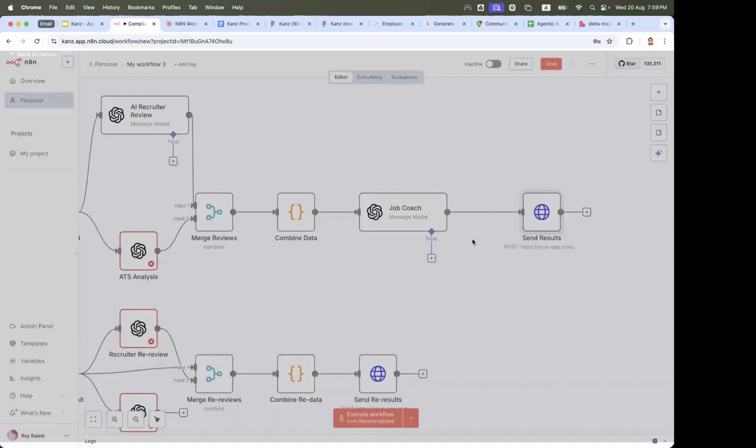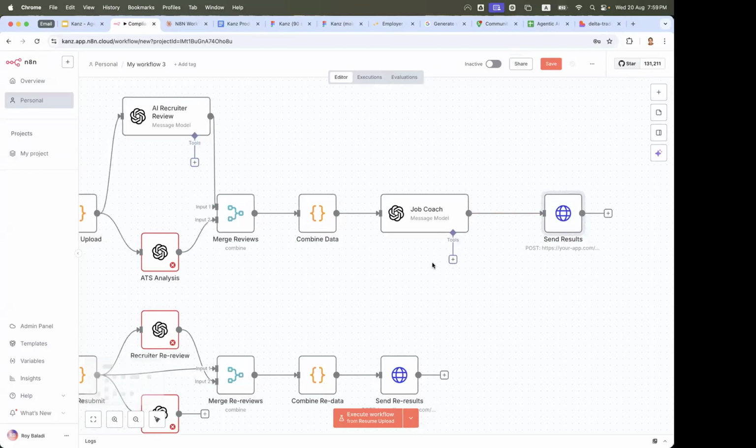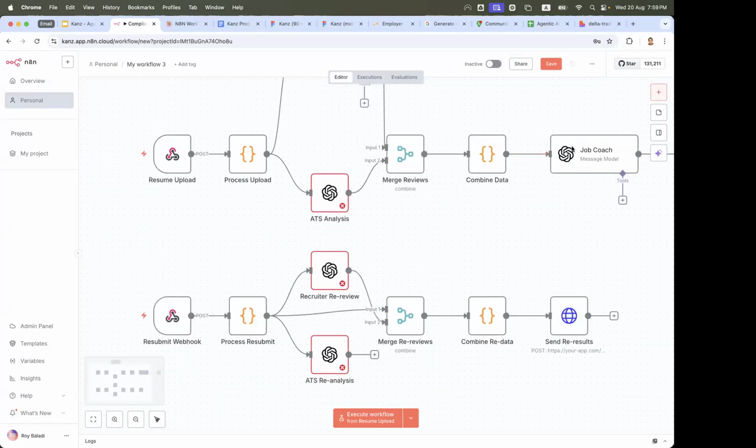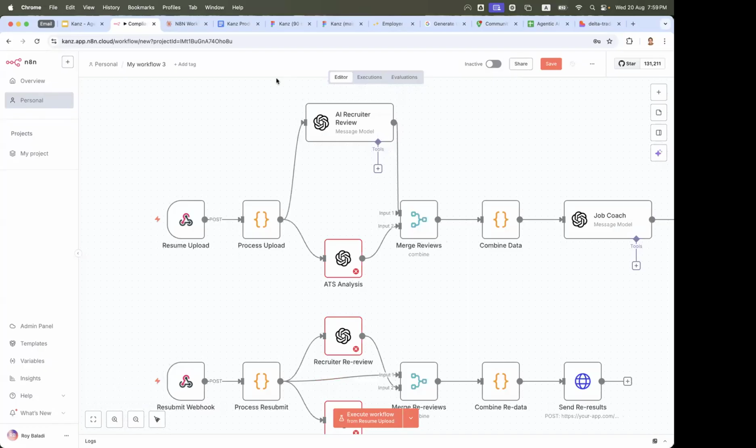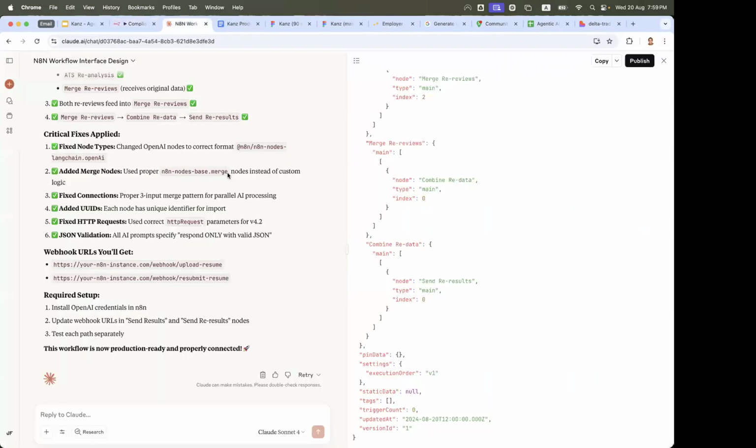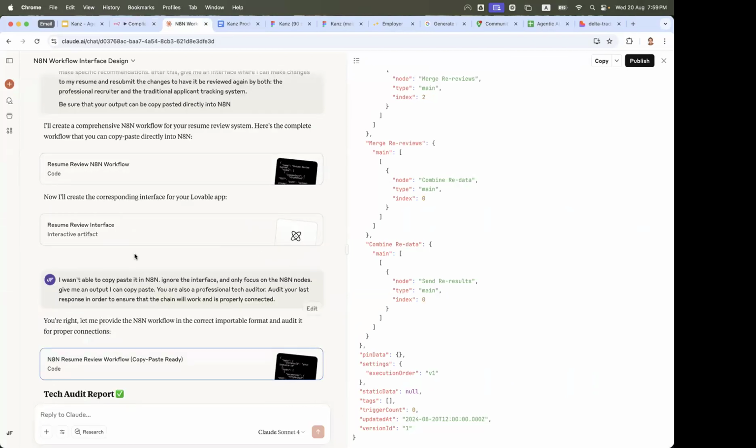Now, for these things, you can just ask Claude to do everything for you, but at least you have this output. You don't have to search which node do I need to be looking for to put here. It did it for you. It knew, and then it took you 80% of the way there. I'm going to give you the second little cheat sheet. I wasn't able to copy it to N8N, so when we tell it be an auditor and fix your own mistakes, you just become a monkey going from one brilliant AI to another brilliant AI until you get it to properly connect.